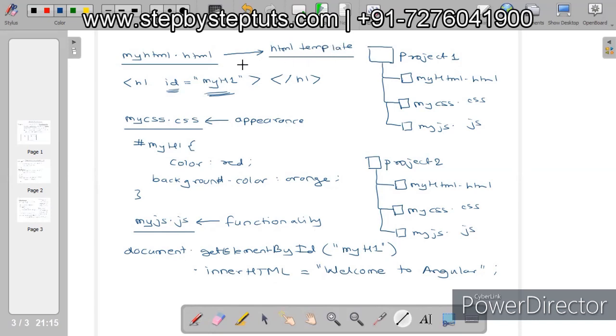So it is nothing but an HTML file only. In Angular also you are going to create an HTML file, but that is called an HTML template. CSS is going to remain CSS only. Whatever is the appearance of that component, for defining that appearance, we need to write CSS only. And then this JavaScript,